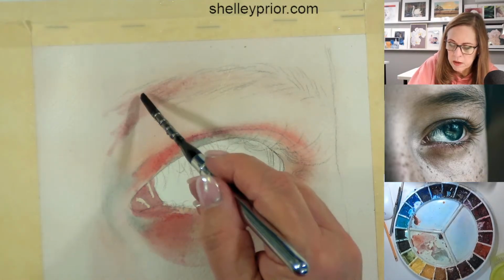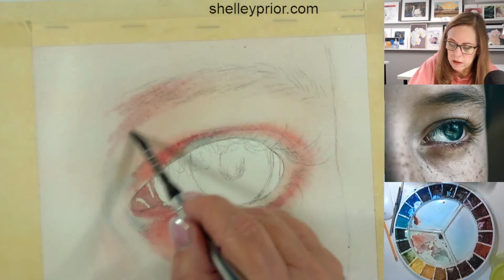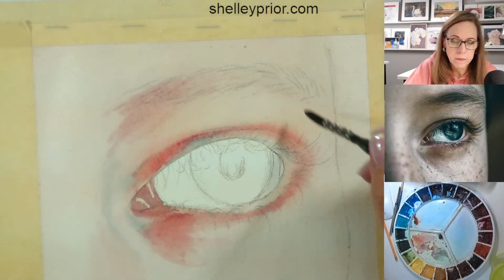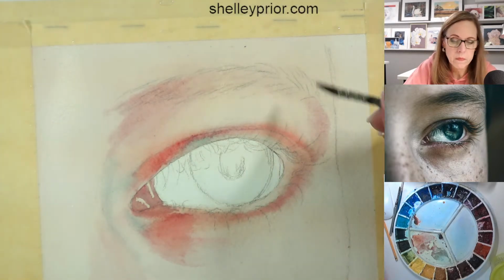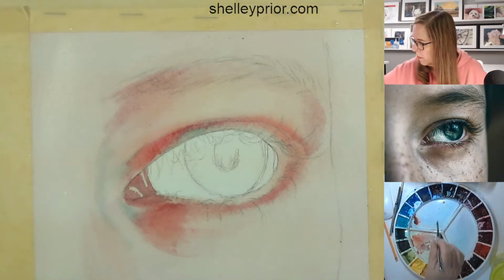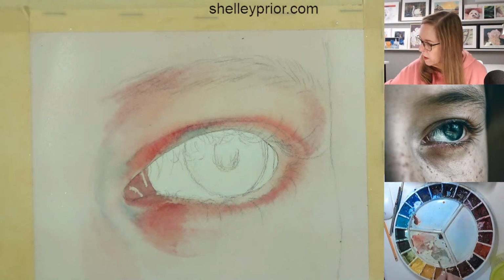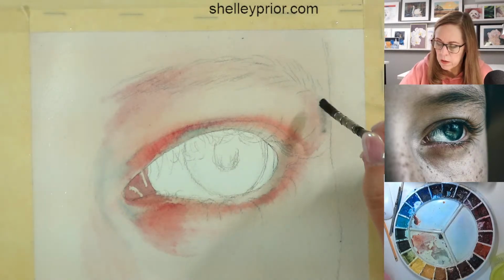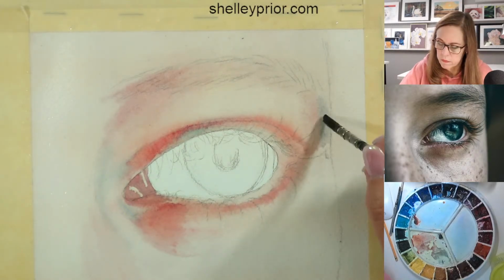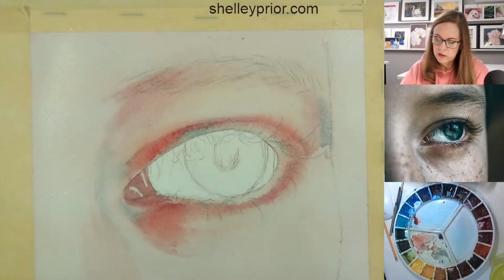So I want to come in here and start making this area a little bit darker. Slightly more on this side. Not a lot. Almost a little bit more of that cerulean or turquoisey kind of color on this side. Not dark. Just